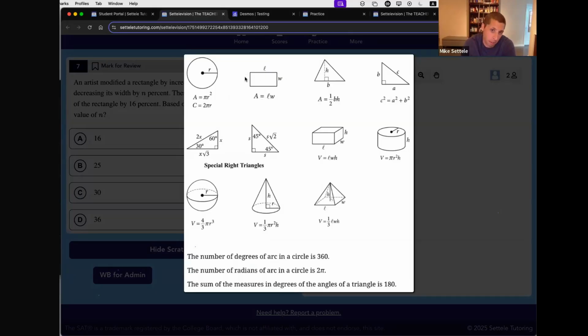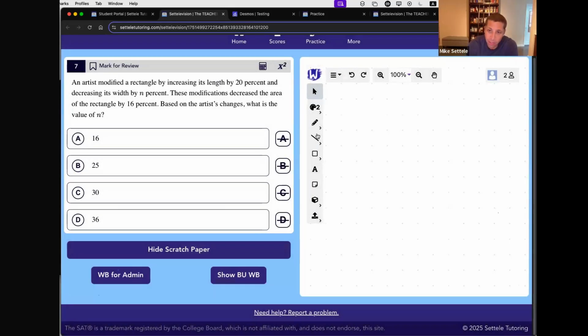So you have access to the more easy stuff like this, but also the weird stuff that you wouldn't be expected to remember, like spheres and weird special right triangles. So all that's given. But if I want to do area, area is length times width, well, I've got an equation, right? I got it from the reference chart or my memory, but I don't have points because I don't have a length. I don't have a width. And so again, my plug points into equations brain is thinking, well, I'd love to have some points here. Do they matter? Can I make up points? Can I arithmetize on a question like this?